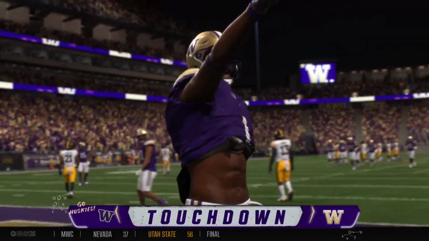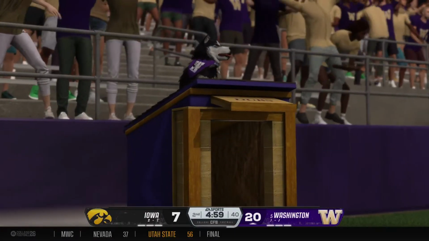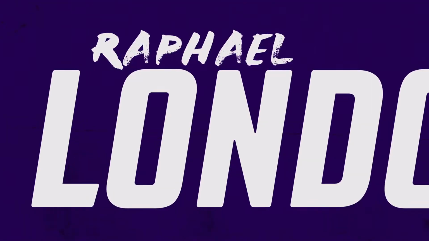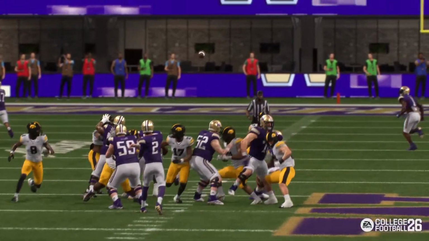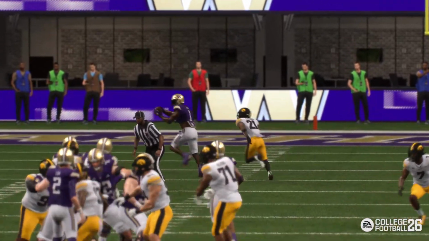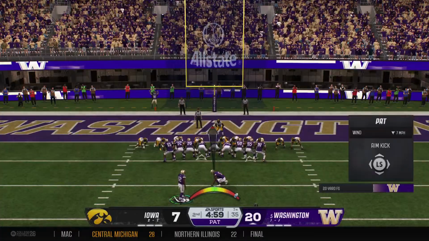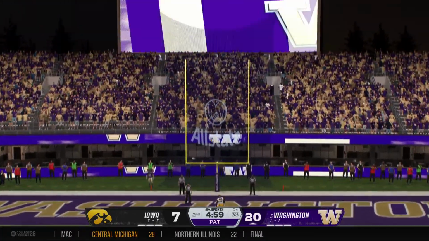Touchdown, Huskies. One of the reasons this offense is so exciting to watch, they've got guys that are dangerous after the catch. And if this quarterback gets through his progression, David, hits you in stride, these guys will take it to the house. Man, it's your job to do the rest, right? You hit me in stride where I don't have to stop running. I don't have to break down. It makes it so easy. The connection between quarterback, wide receiver, you can tell this is a good one, and that's why they got 6